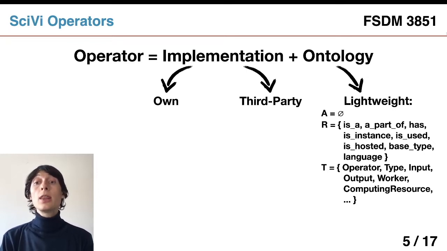This means that the set of axioms is empty. The set of relations contains only 8 types of relations, which makes the reasoner pretty straightforward and simple. Actually, the axioms are incorporated into the code of the reasoner, so there is no need to store them in the ontologies. The thesaurus contains such concepts as operator, type, input, output, worker, computing resource, and so forth to efficiently